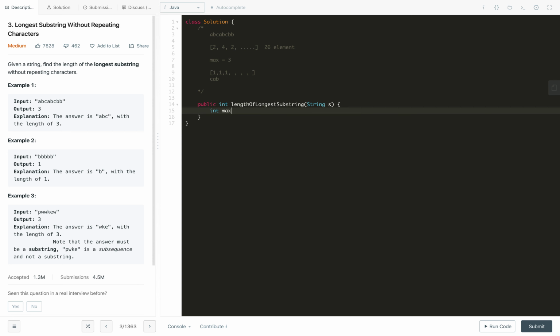So I'll have int maximum equals to 0. This is what I have found, length is the maximum. Now I'll create an array, array a of size 26, as we have 26 characters. Now I'll make some kind of get index function, which, if I pass the character, will automatically give me an index. Okay,